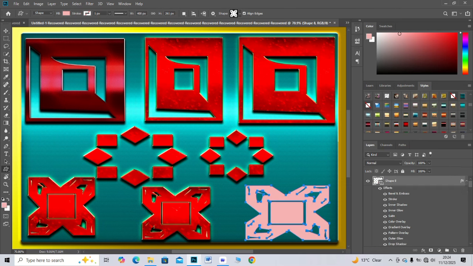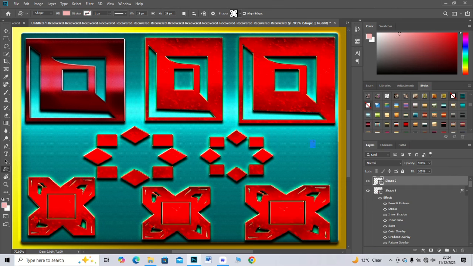Add floating shadows under each card for depth. Insert glowing dots